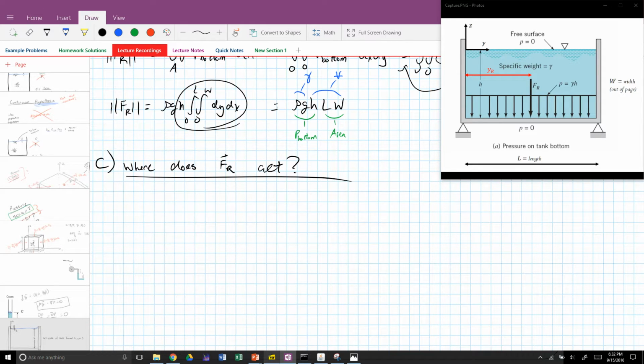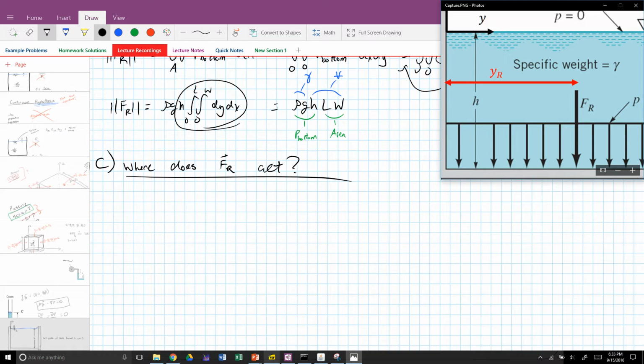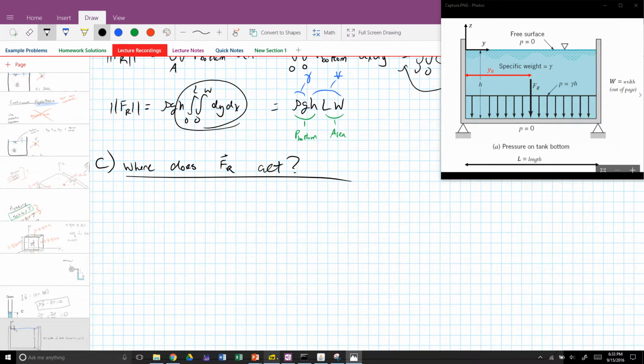So the resultant force must act through a point that causes the same moment about some point in the coordinate system as the distributed pressure over the bottom. So we're going to solve for the location of F_R, that is this y_R location, using equivalent moments. Meaning, we're going to generalize this to vector formulation in the next segment. For now, we're going to leave the vector components out and just solve this as scalar